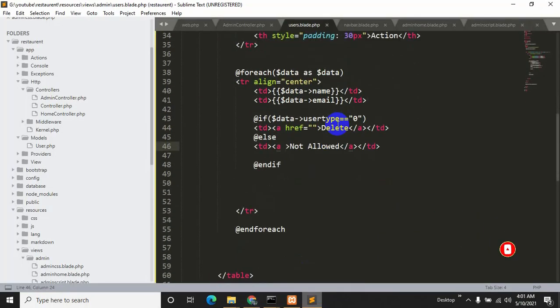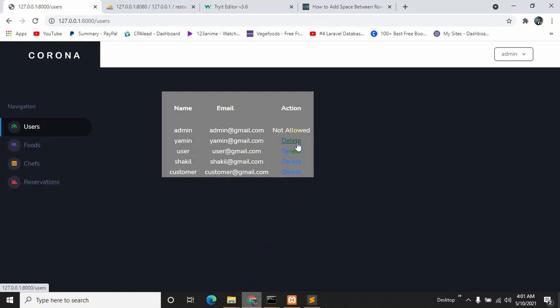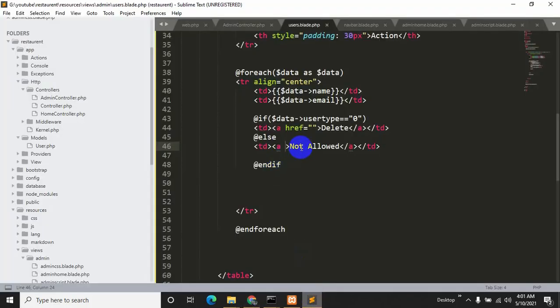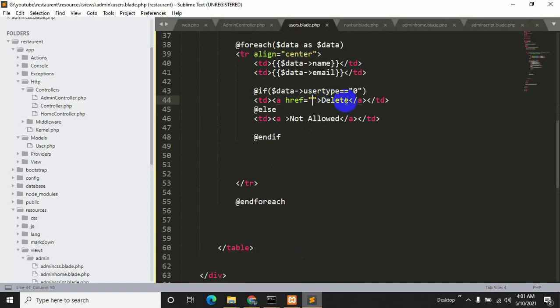So whenever the admin clicks delete over here, the user will be deleted from the database. So for this we need to catch their ID, so we'll write a second bracket over here, and inside it we'll say url, then first bracket, oh sorry, it will be single quotation actually.